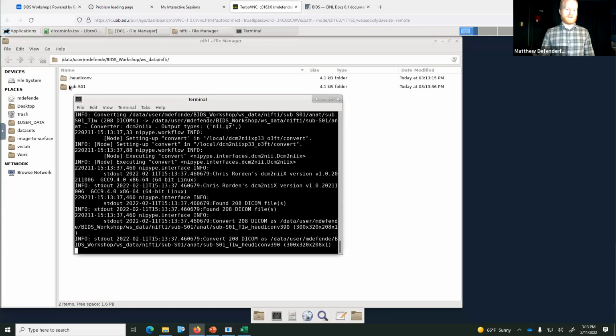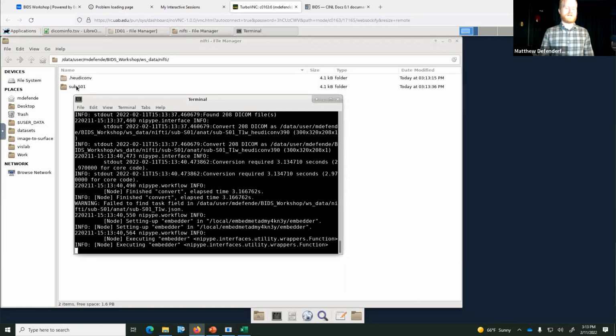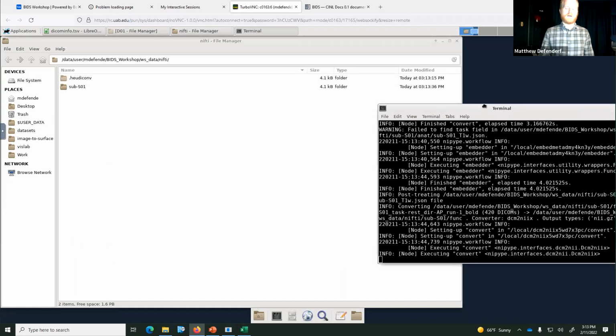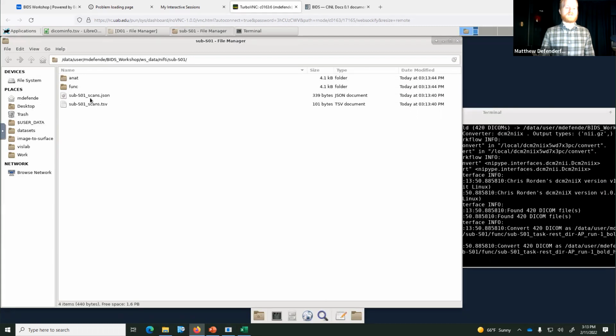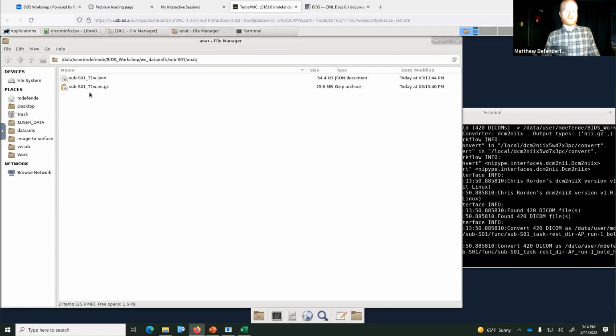So you can tell it's starting to do it correctly this time. It has created the sub-S01 folder here. We go into it. It's created the Xnap folder here. It's created the func folder here. It's also got a sub-S01_scans JSON file and TSV file listing off the scans that it's converted. So that'll contain all of the scans in the session at the end. If we look in our Xnap folder, we can see that we've got,